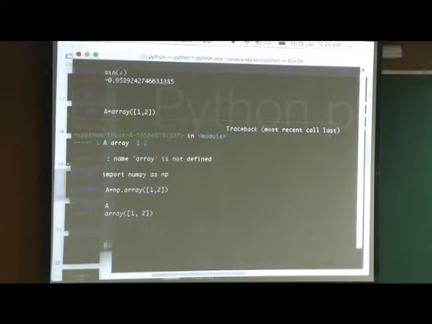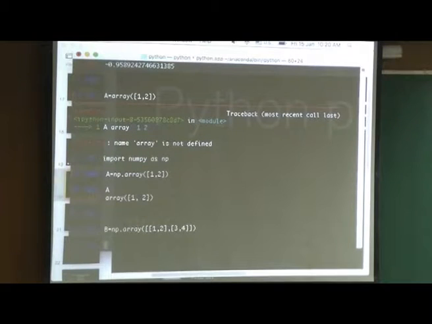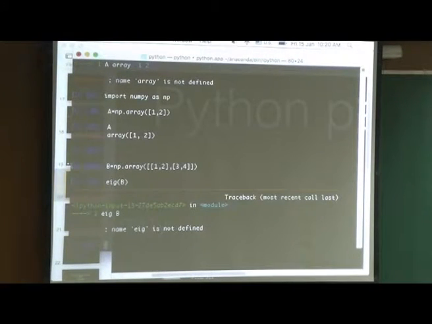of another matrix, another array B. So this is array B. Now if I say it like what I did last time, it doesn't work, because numpy does not have eig as a function. So I have to import that eig function from wherever it is. It's part of SciPy, SciPy linear algebra. SciPy has many libraries, and linear algebra is one of them.